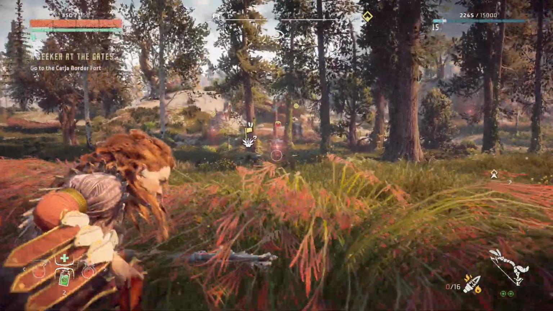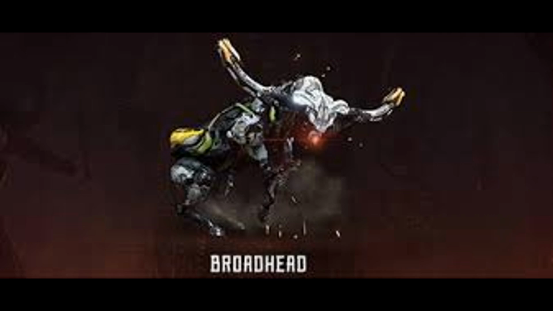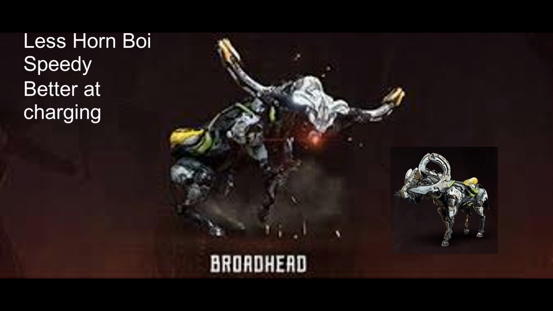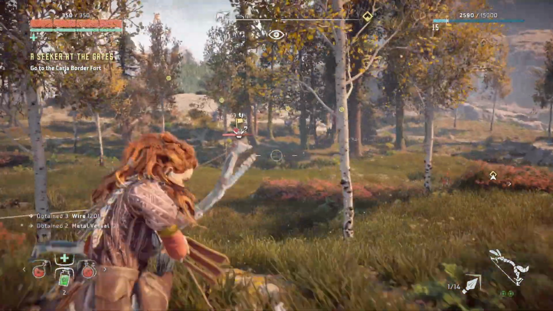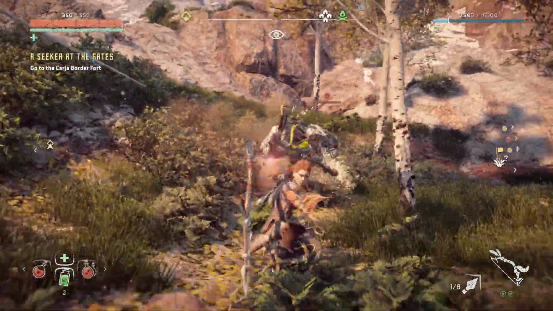Not far from the settlement, however, was a metal flower, which was being guarded by a group of broadheads. Broadheads are basically a reskin of a charger, giving them a more curved horn, and they are also slightly faster than chargers and prefer to enter battle with a hearty charge. So I just played some bullfighter and took them out pretty easy, snatched up the flower, and ran off to